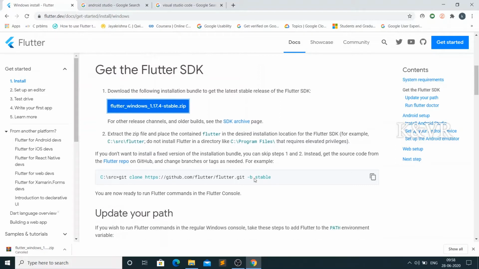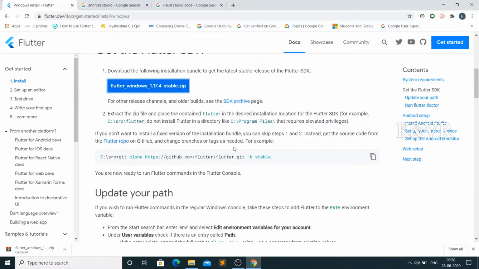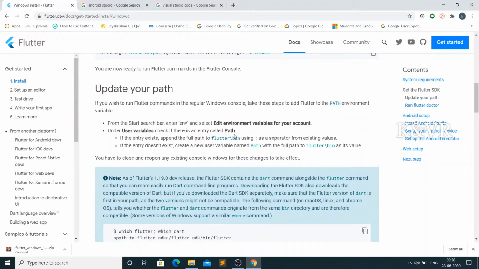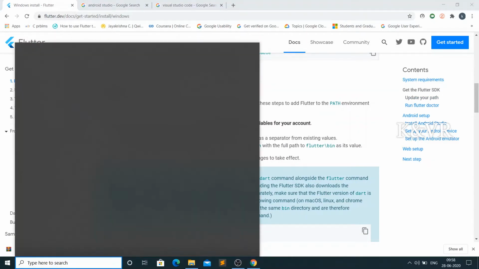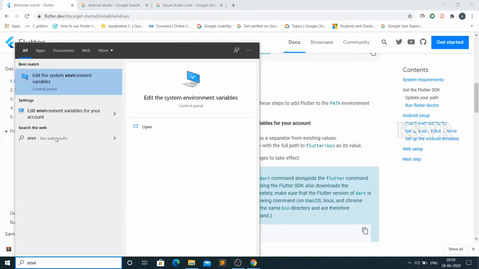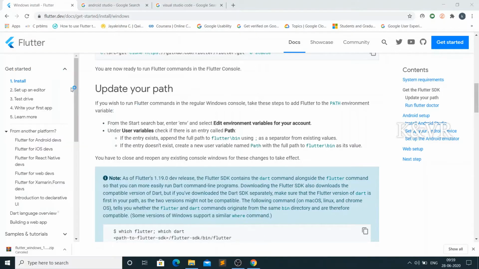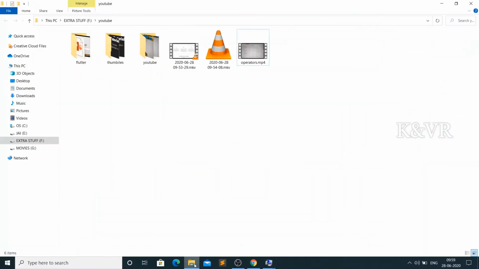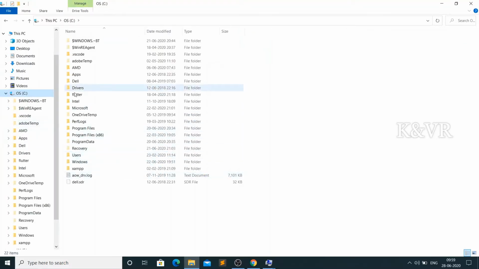After that you can update the path. To go to the environment variables, just go to the search bar in our laptop and type environment variables. Here are the environment variables. Just click on that. First go to where your Flutter SDK is, it is a zip file.